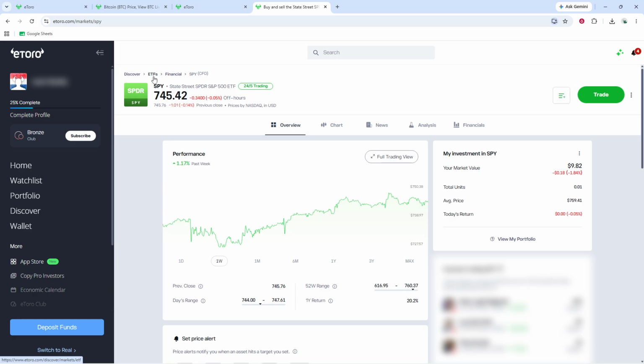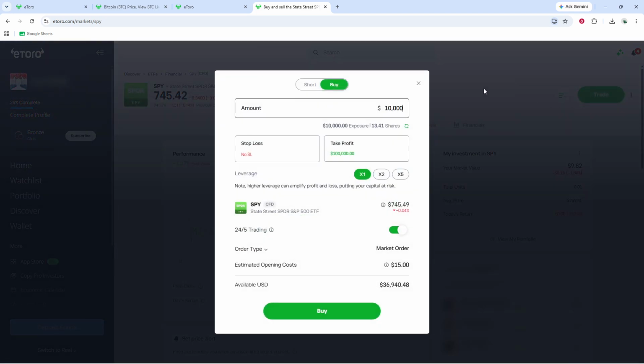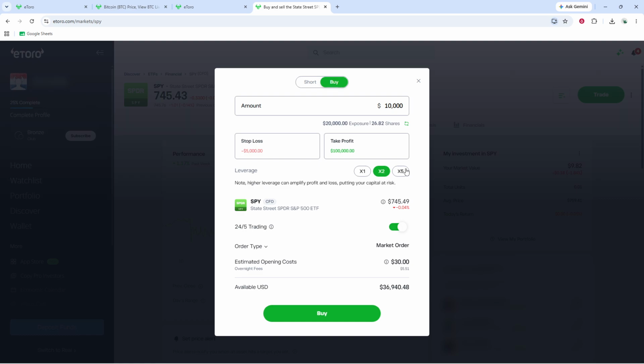When you find the asset you want, click Trade to open the order window. This is where you'll see the available trading settings for that instrument. If your account is eligible, you can enable leverage such as X2 or higher where available, or open an eligible sell position. On eToro, those are common indicators that you're trading the asset as a CFD rather than purchasing the